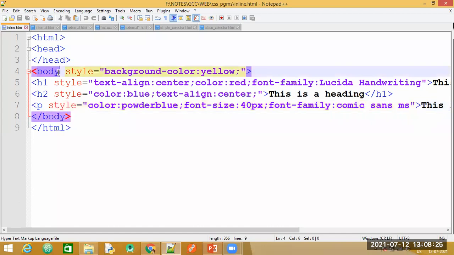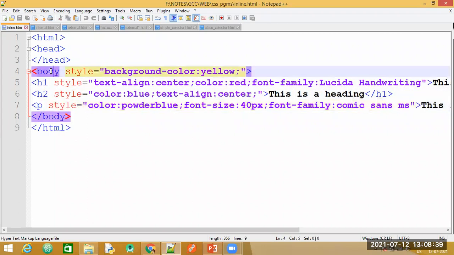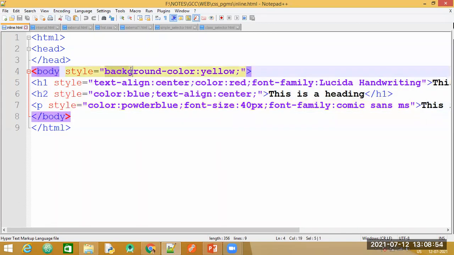Even for the body tag, where the entire code is written, I have applied a style attribute. So when I apply a style property for my body tag, for all the elements present inside this body tag, this background color is going to be applied.